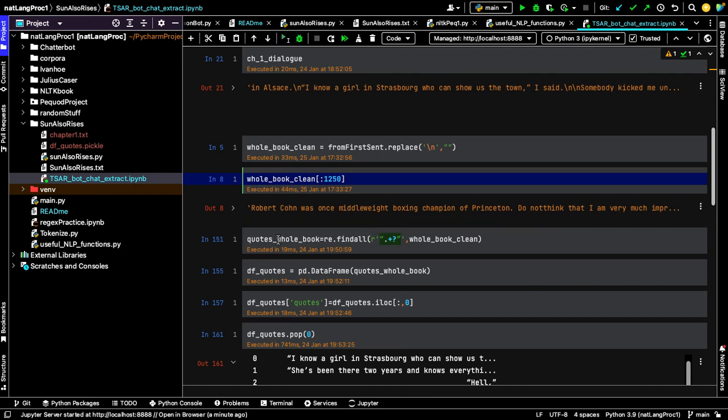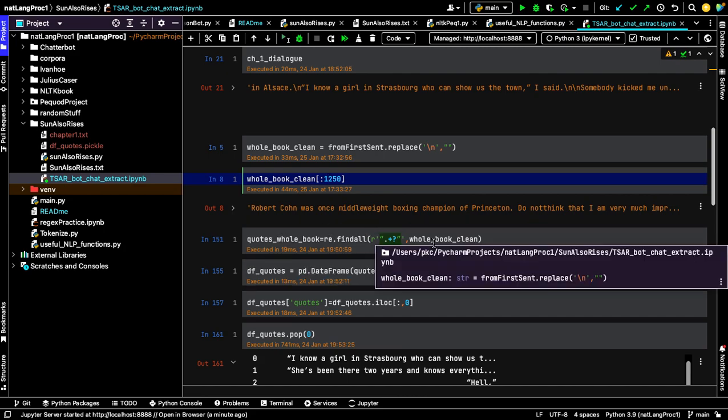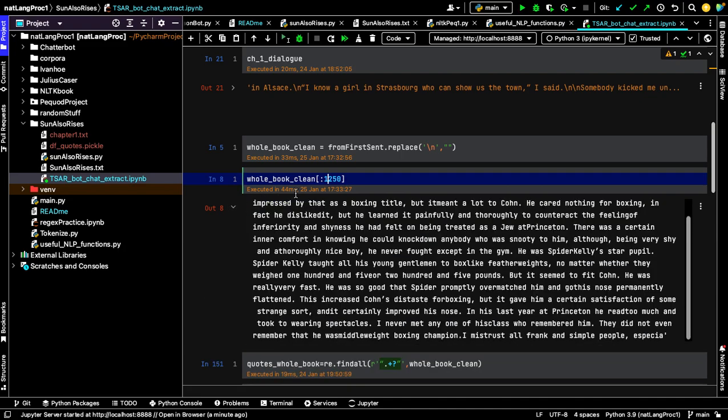And then here's the function, which, to be honest, I just pulled off of Stack Overflow.